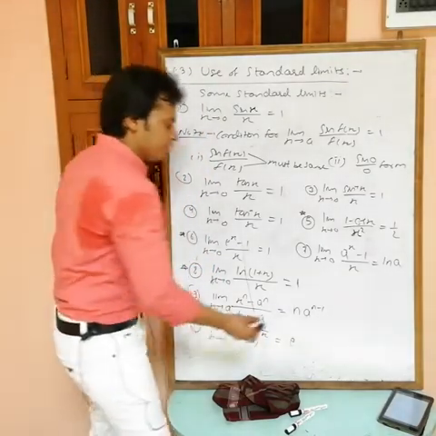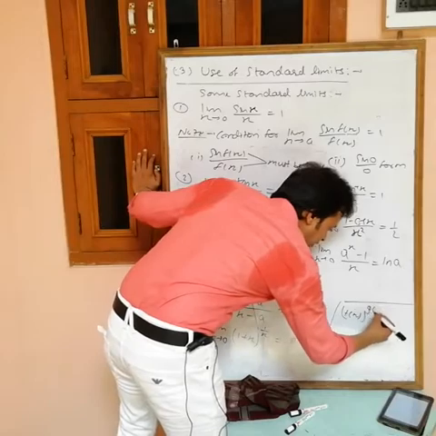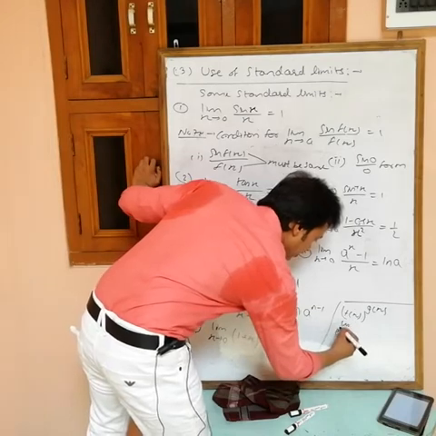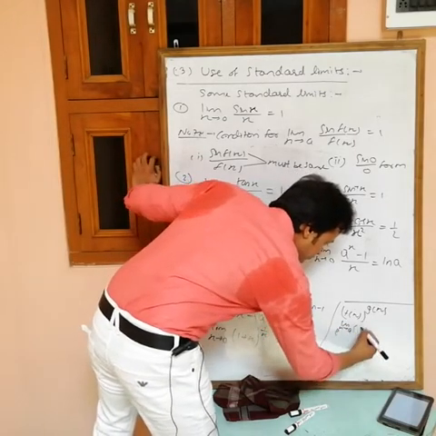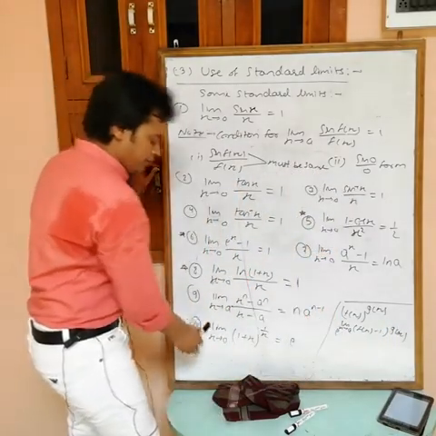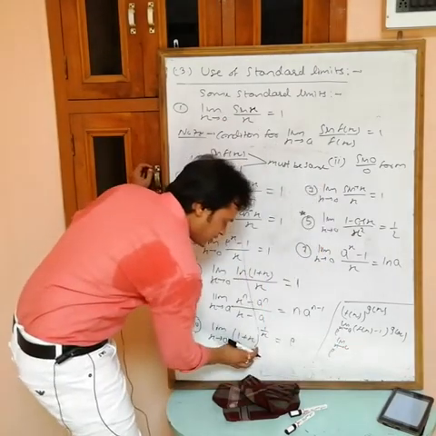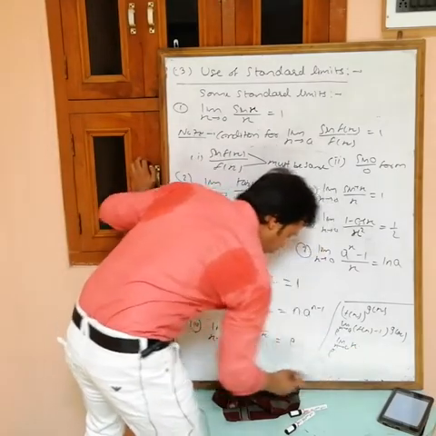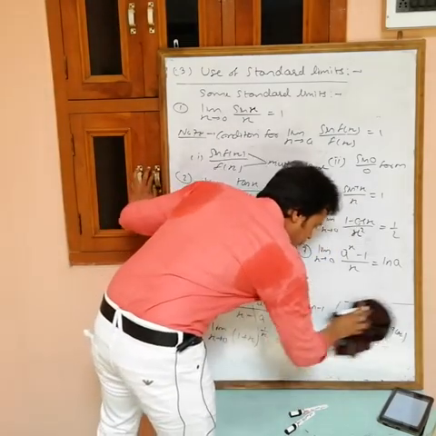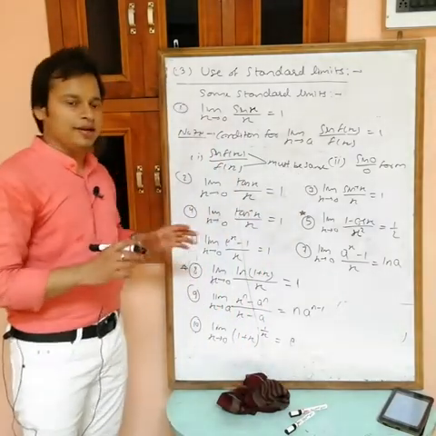If there is 1 power infinity, suppose f(x) power g(x), by putting the value we are getting 1 power infinity, then the formula is e power limit x tending to a of (f(x) minus 1) into g(x). So similarly, using this formula, e power limit x tending to 0 of f(x) minus 1, which is x, into g(x), which is 1 by x. The x cancels out, and we get e power 1 equals e. But at this time directly remember.